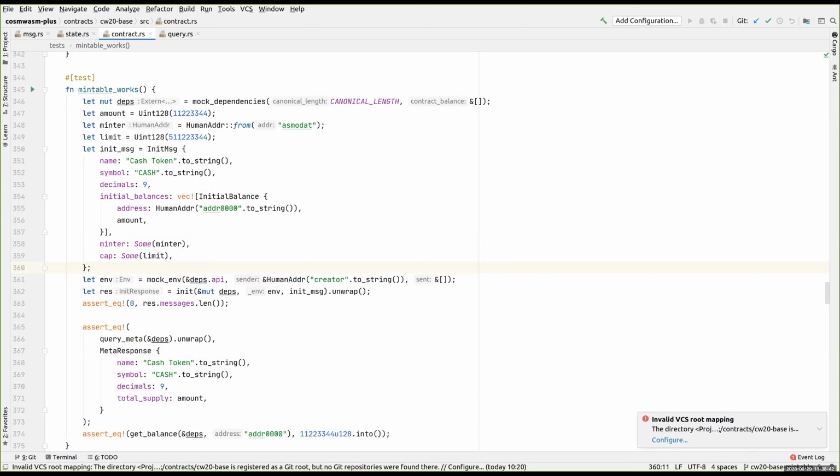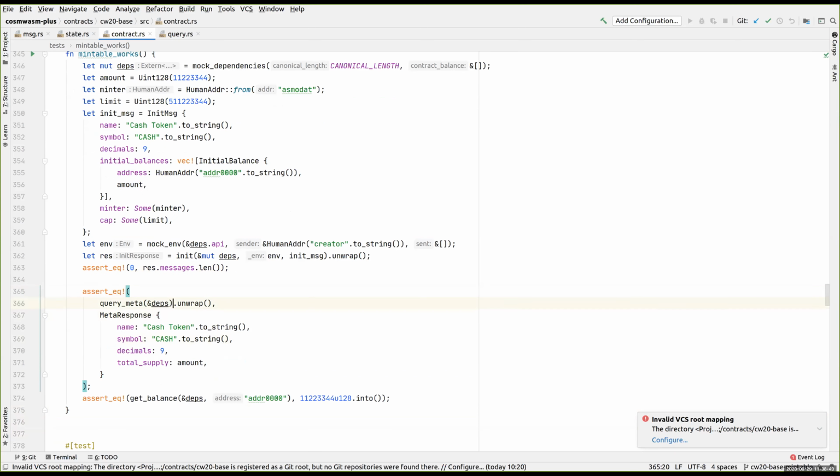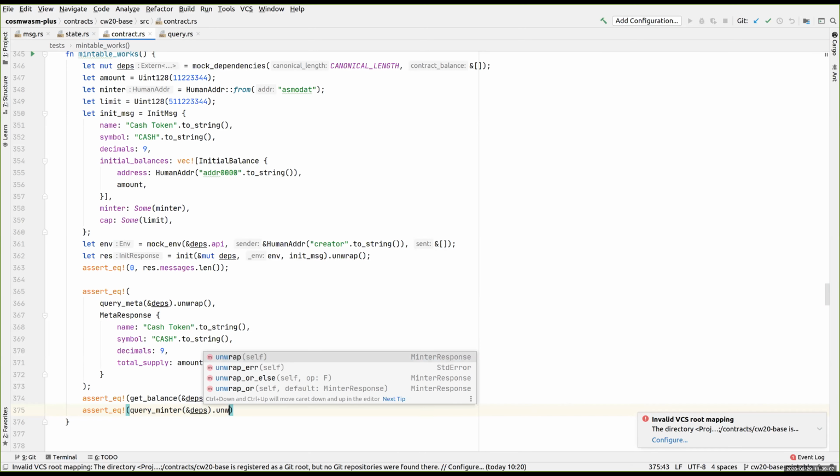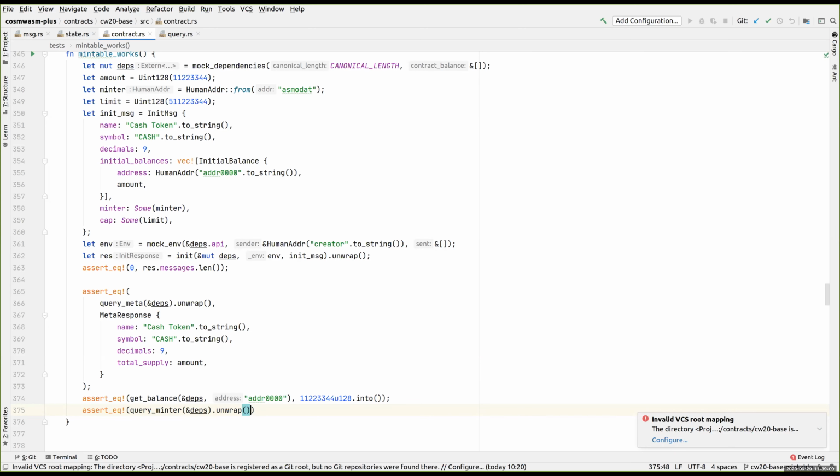Okay, so we've set this up now. This is the init message. Now is a different init message. We create it. It's proper, and we can see that the query meta now returns the right data. That's what it should give us. And we're going to make sure that the balances are set properly. Yeah, and we're going to make sure that query minter should be minter response, and the minter should be